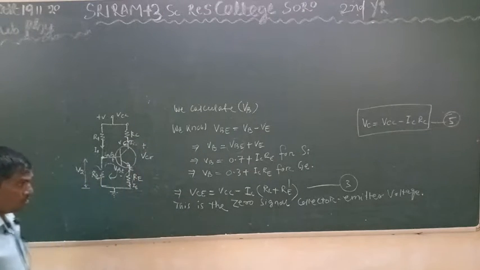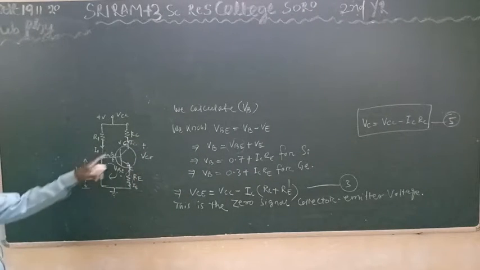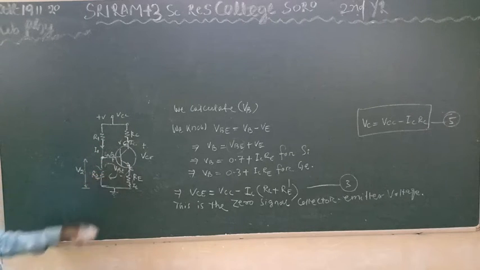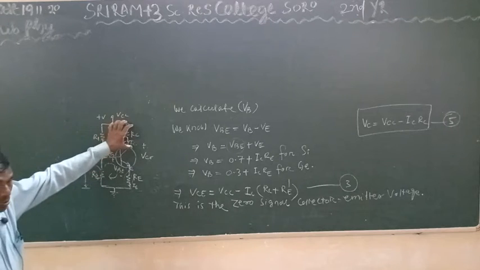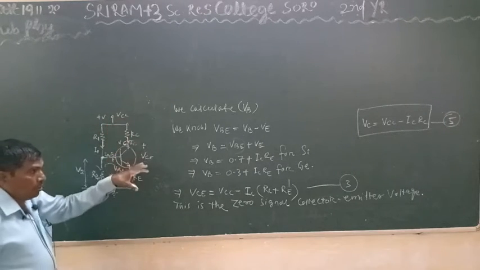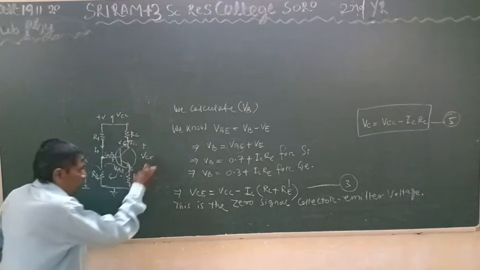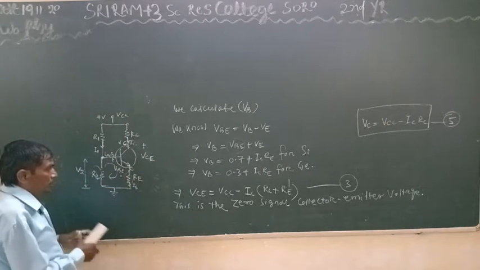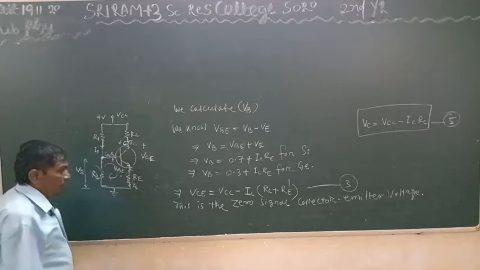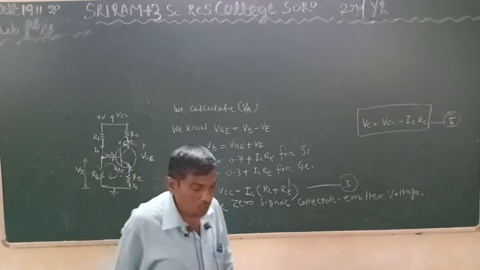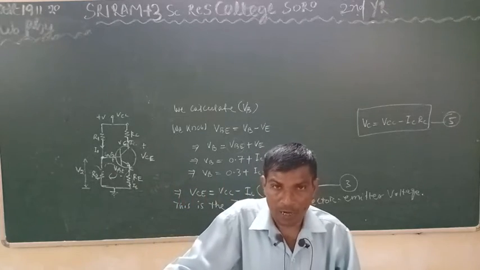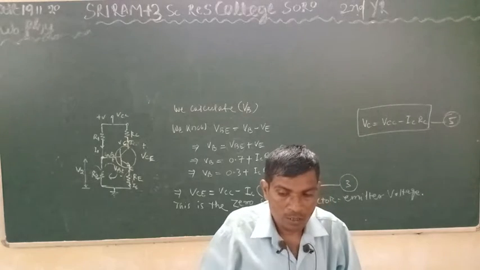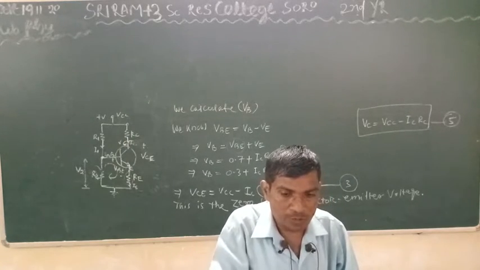Now this is all the calculation of base voltage, collector voltage and emitter voltage, but we also calculate the collector current and collector emitter voltage. This is the biasing value of the transistor, because no signal is applied to the input circuit. So this is the biasing of the voltage divider method.